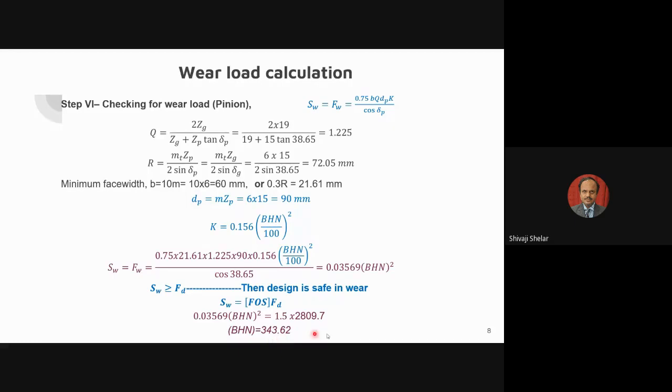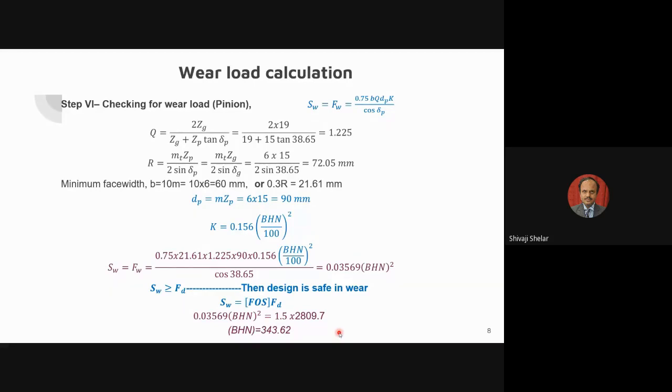So from this you can calculate the BHN required here. Sometimes the problems on spur gear, helical gear, as well as bevel gear, a small problem is asked, not the 20 marks problem. They will ask the problem for 10 marks, 12 marks or 14 marks. And in that, you need not design everything. They will ask only design this much, you design this much.